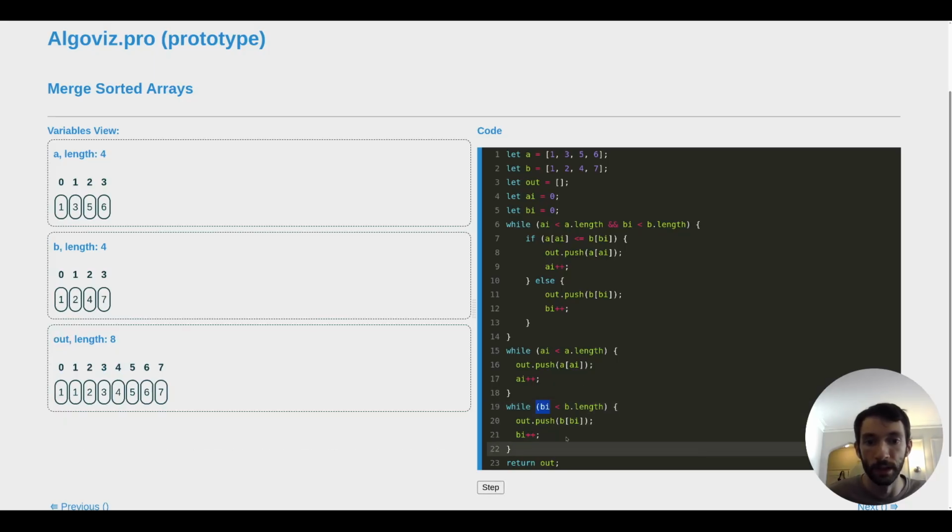There's the 7. And in practice, if we had more elements, it would continue here, copying them all to the end. And that's it. So here we have our merged list. That is the result of merging A